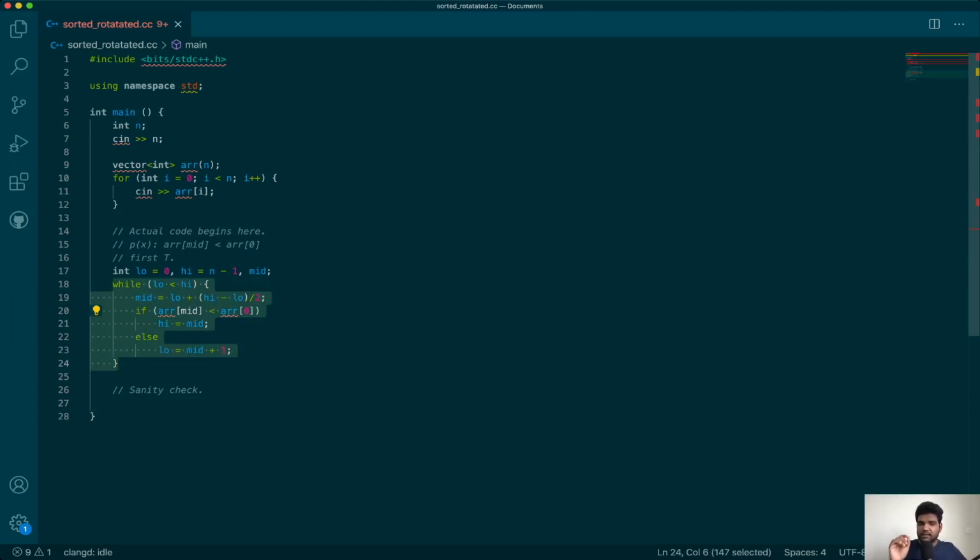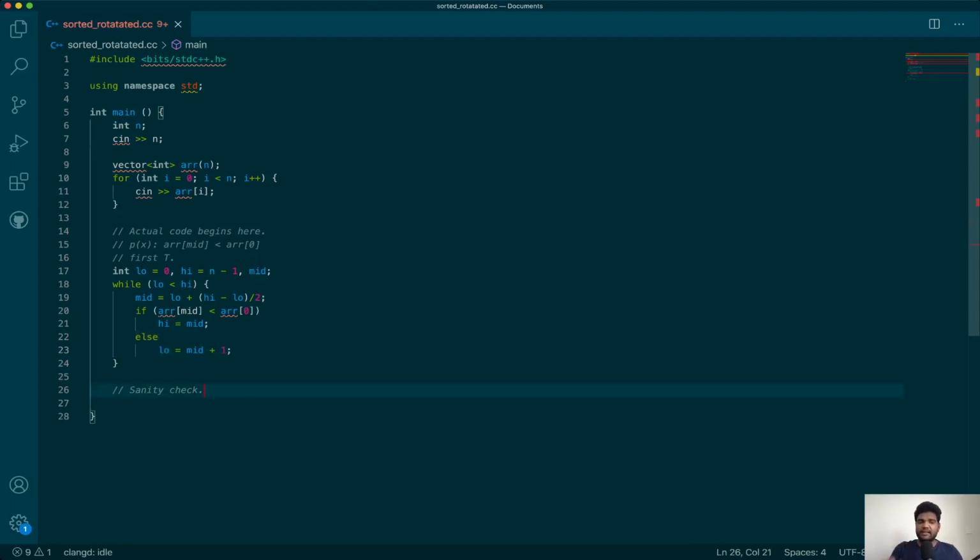Why will it return a wrong answer? Because for all the ifs, this else will be executed, right? Because you have an all F line. There is no T. L2 is empty. So for all F, every time you will get into this else part, and you will keep updating your low to mid plus 1. So eventually when this loop ends, you will be at the last element, array of n minus 1, and that is not the minimum in a sorted array, right? In a sorted array which hasn't been rotated, the minimum is array of 0.